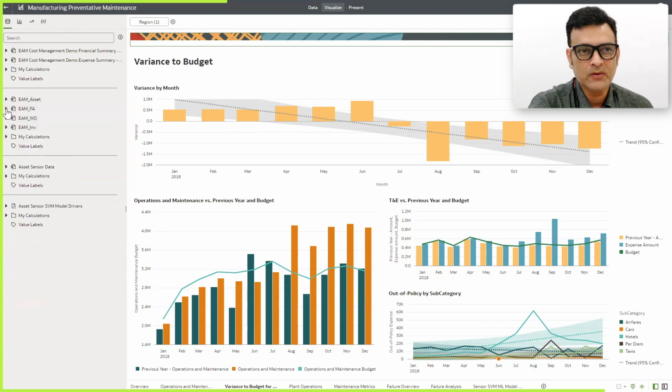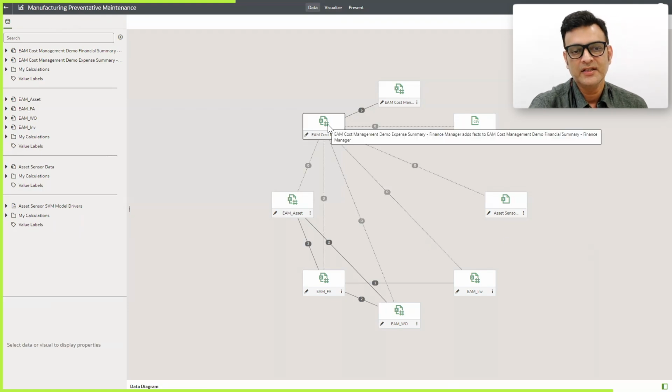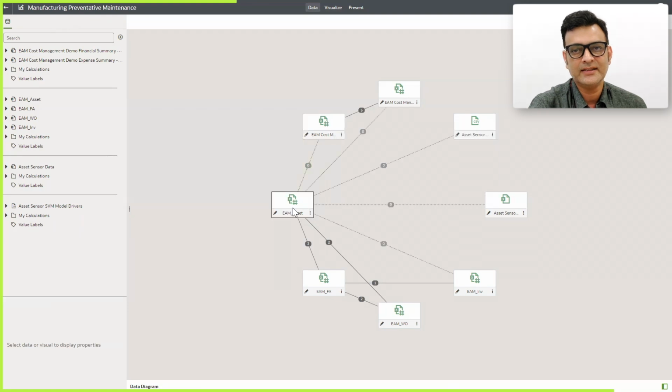Now, one good part about Oracle Analytics Cloud, especially when you do these self-service visualizations and analysis, is that you can actually bring disjoint data sets into the system and still do your analysis. While there is no relation between the data sets directly, say between finance data and say an asset data, there is no direct relationship. Still, you can bring these data sets together and do a logical analysis.